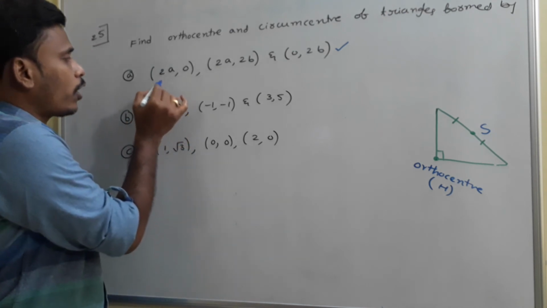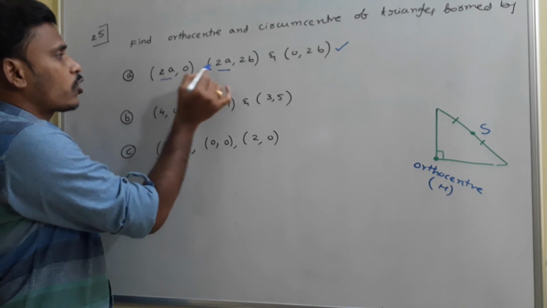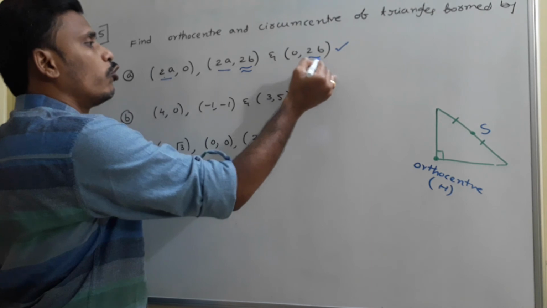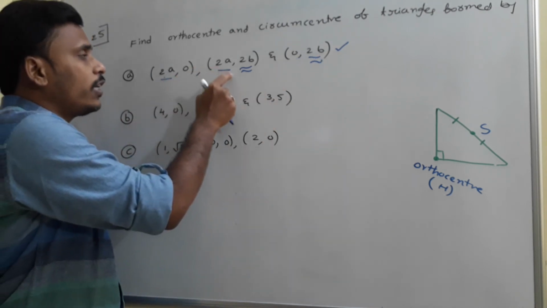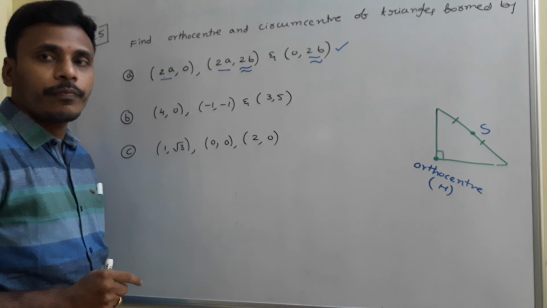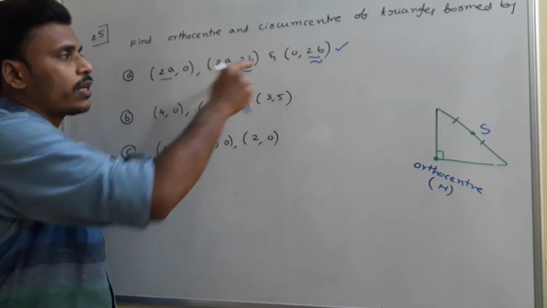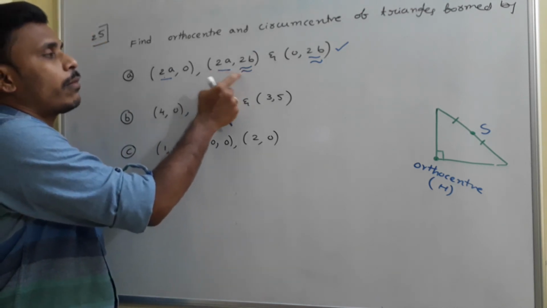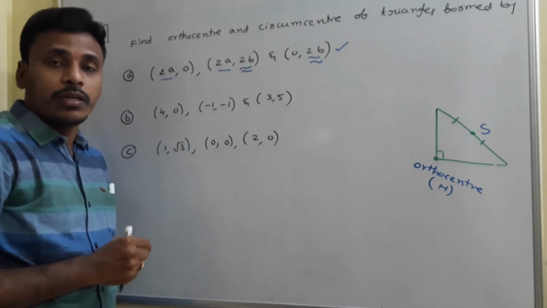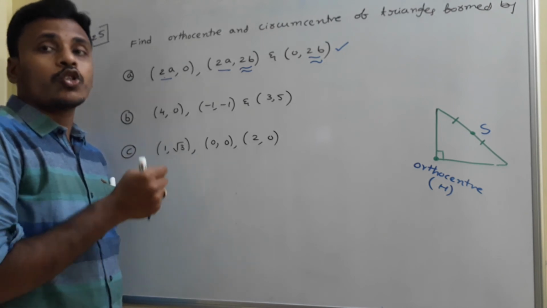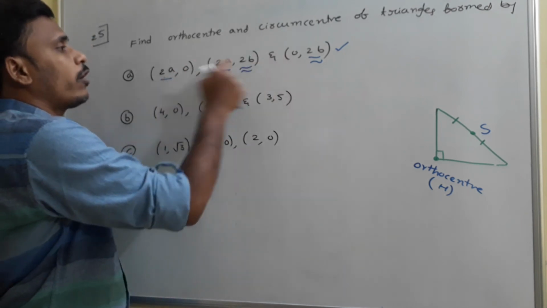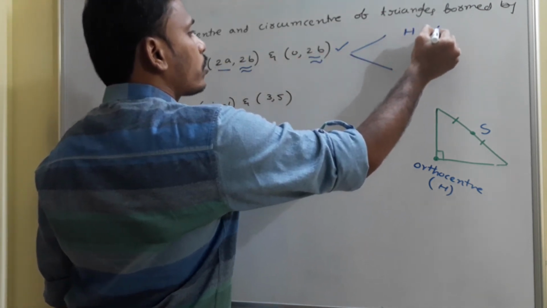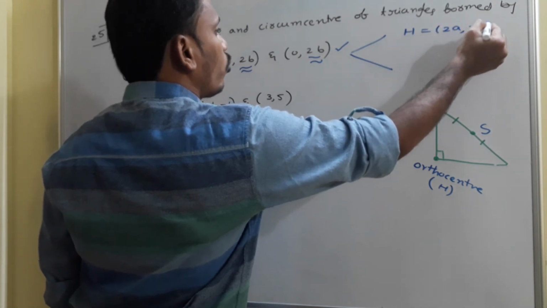What is that? First of all, pay attention to these two points. The x coordinate is the same, 2a, and here the y coordinate is the same, 2b. So if you have three vertices of a triangle in such a way, these vertices always form a right angle triangle, and for that triangle, the double marking vertex 2a comma 2b is the right angle vertex, so that's the orthocenter, whereas the midpoint of the other two is the circumcenter. So for this combination of vertices, the orthocenter is directly 2a comma 2b.